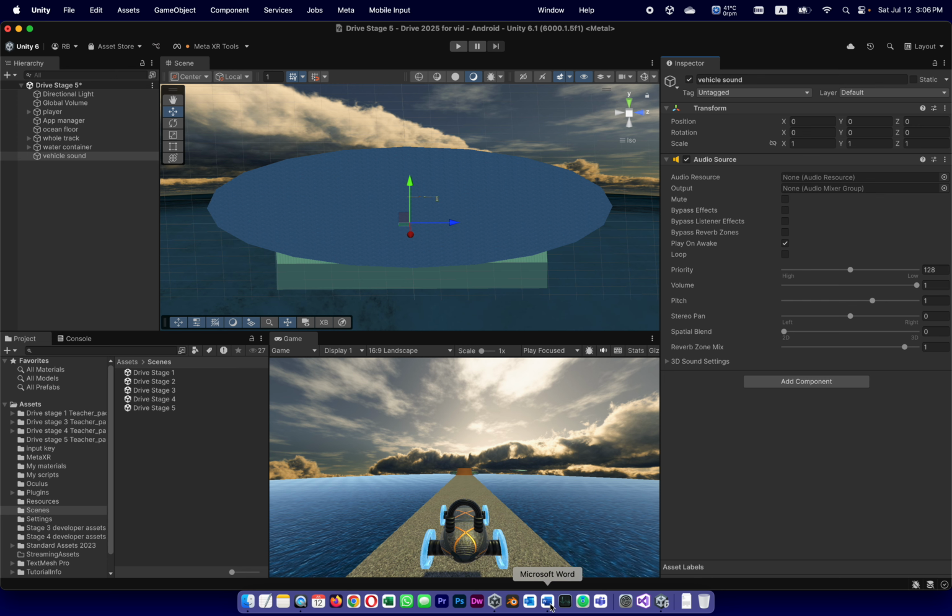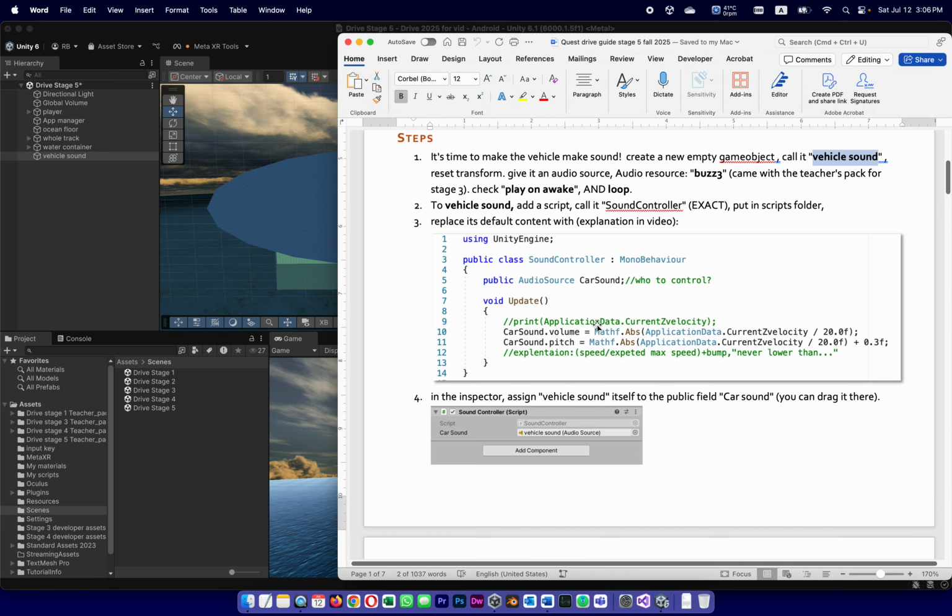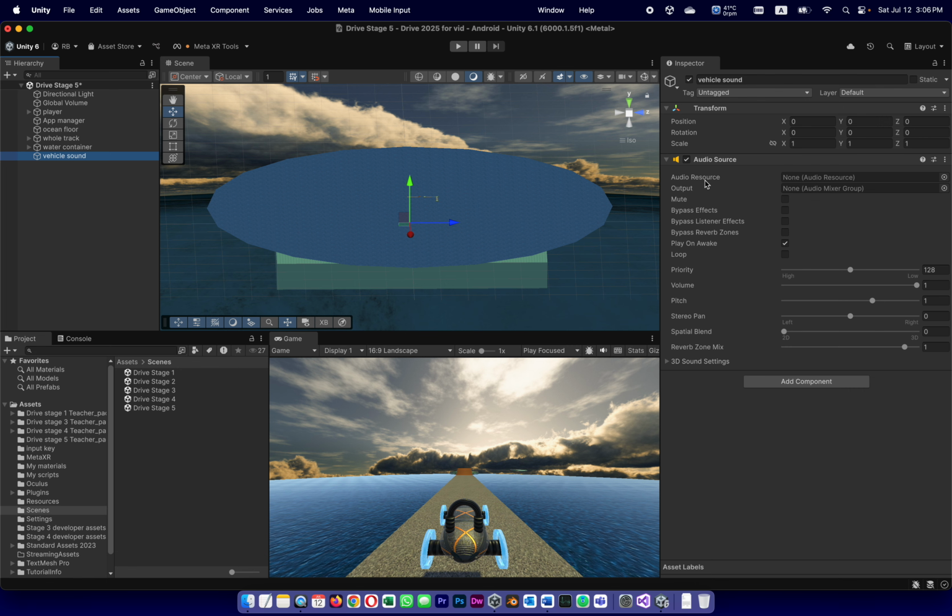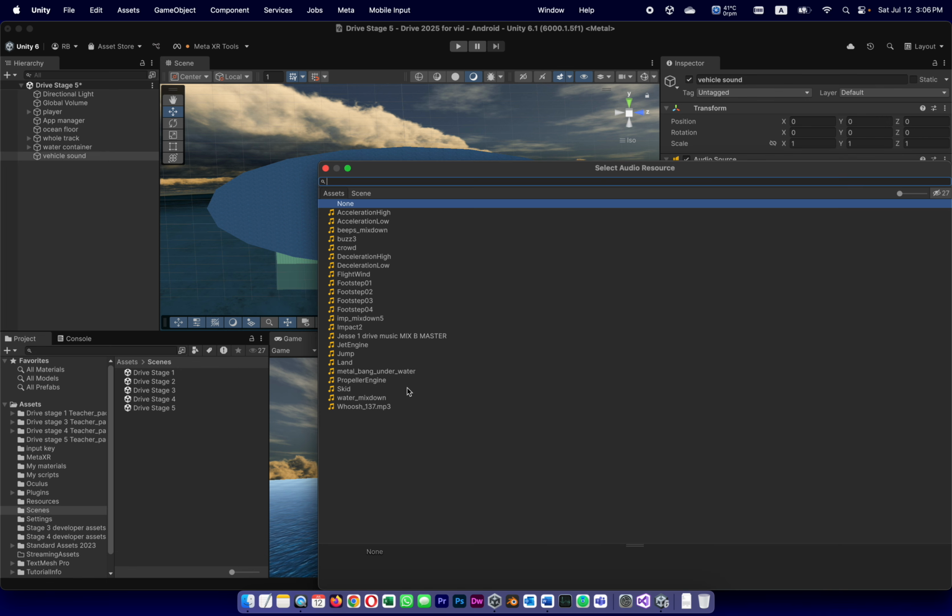And as it says in the guide, we're going to give it a resource called Buzz3, which came with the teacher's pack. We're going to check Play on Awake and Loop. This is a little unusual. This sound is not going to wait for anything to play. It's going to always play. What we're going to control about this sound is its volume and its pitch. So, vehicle sound, the resource is going to be called Buzz3,